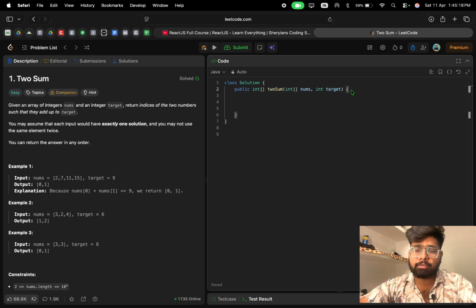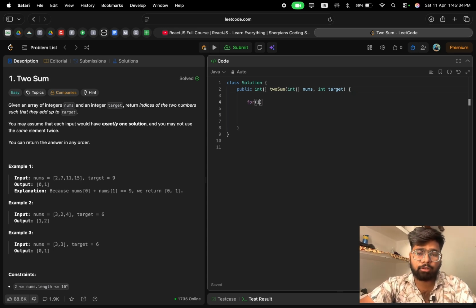Let's code it. We have to use two loops: for int i equal to 0, i less than nums.length minus 1, because we have to iterate up to the second last element in the outer loop. The inner loop should be int j equal to i plus 1, j less than nums.length, j plus plus.